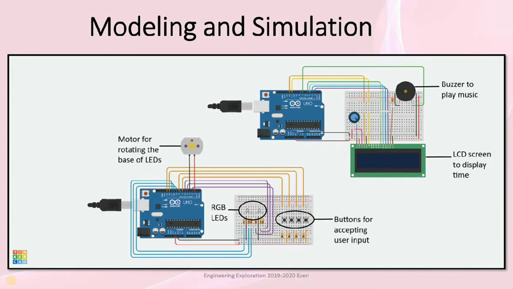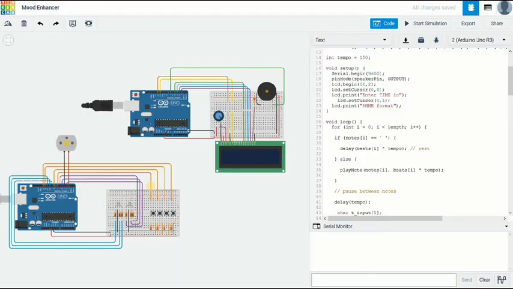After the virtual implementation stage, we move on to the modeling and simulation phase, which is the fifth and the last phase of the engineering design process. Here we are making use of an online software called Tinkercad. Since this is an online simulation, we had to redo our circuit with alternate components as many of the required components were not available. So this is the circuit diagram of a model in Tinkercad. The simulation of the model is shown in the next slide.